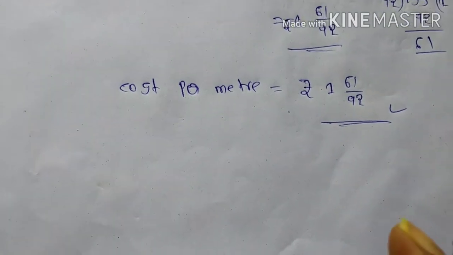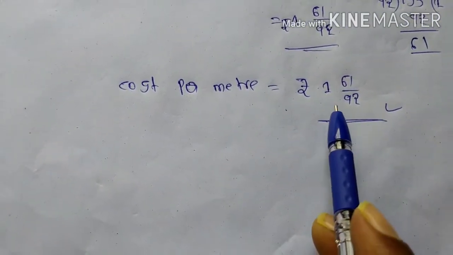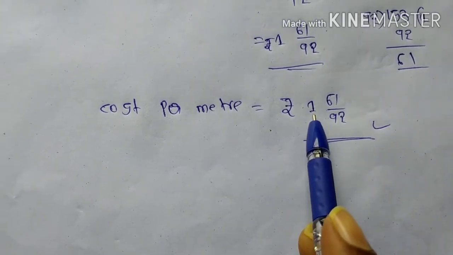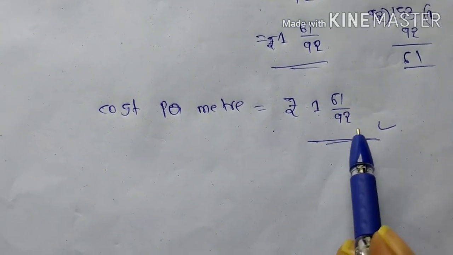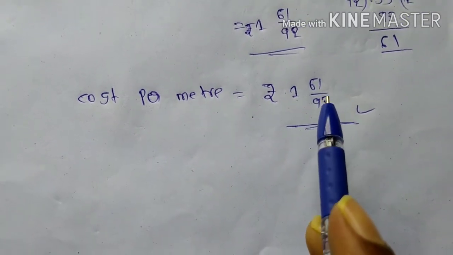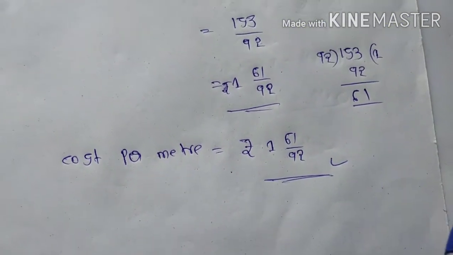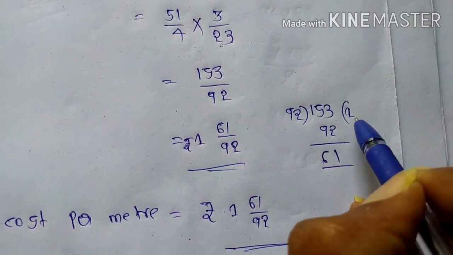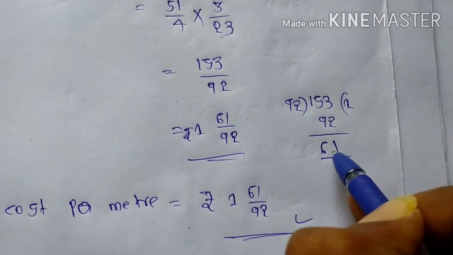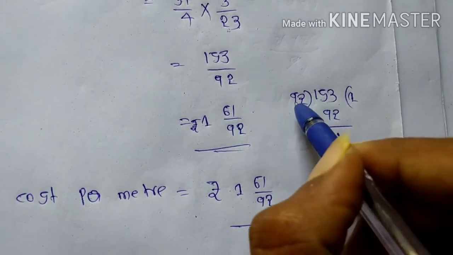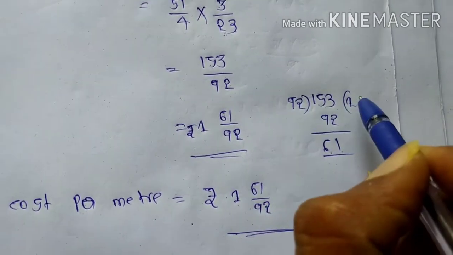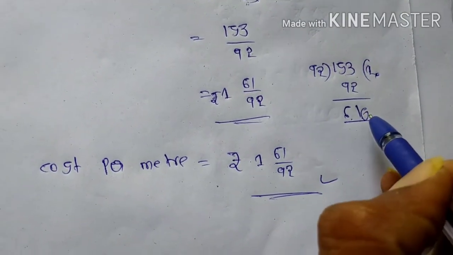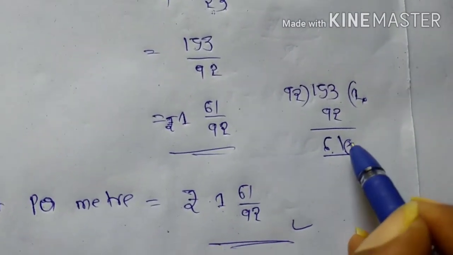See here, if you want to convert it into a decimal, we have mentioned here a mixed fraction. Yes or no? 1 61 by 92. If you want to write it as a decimal fraction, just take one more step. See here, 92 divided into 1 times you are getting how much? 61. See here, 61 is less than 92 or not, so we cannot divide, so you can keep here a decimal point and also you can take 0 here. 610 you are getting. How much? Here 610.